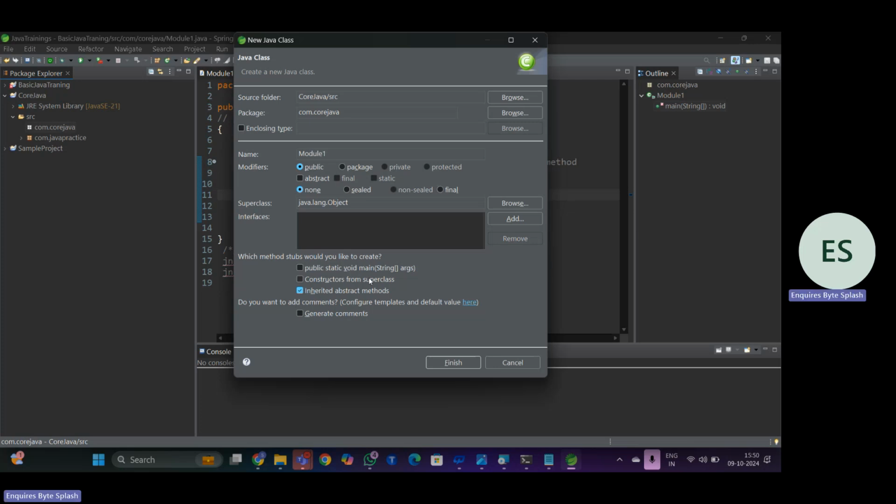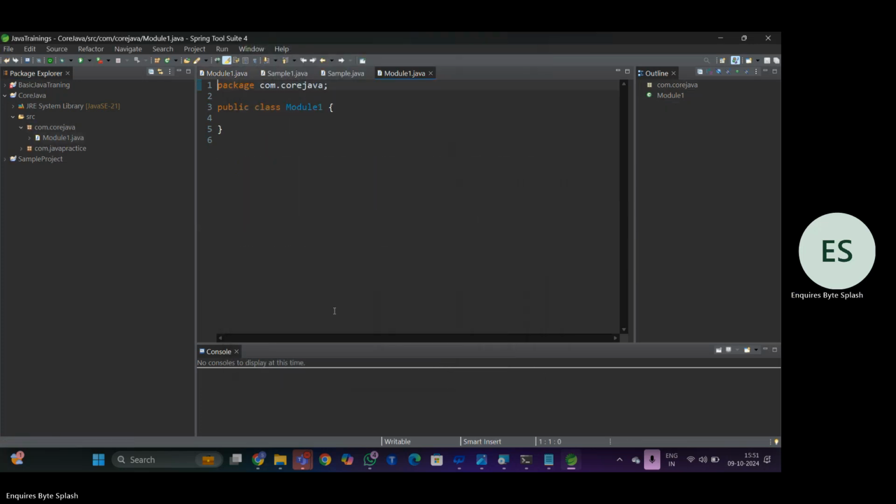Earlier in Notepad, after writing the program, when we saved it we added the .java extension. Here there is no need to add the .java. It automatically takes the .java extension. Click on finish. See, this is my package name. In this package, Module1 is one of the classes. So now when I go for the public